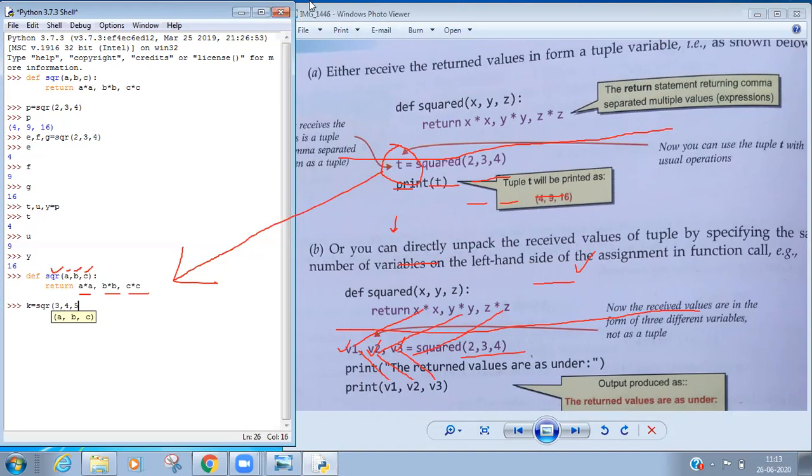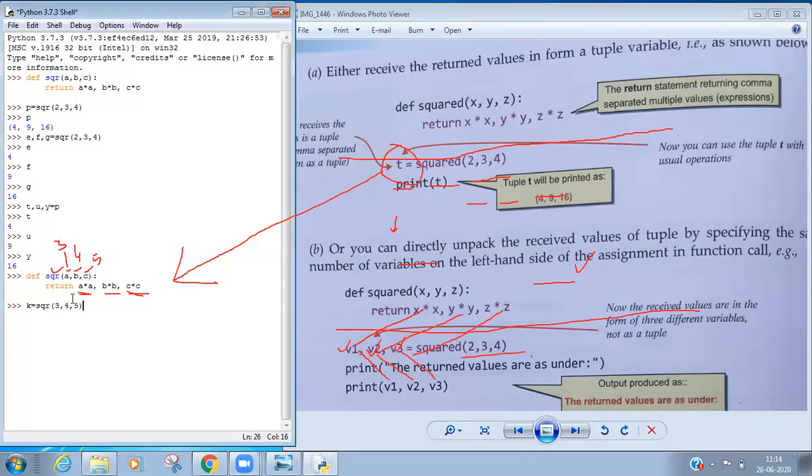When we execute this function, a will receive 3, so it will return 3 into 3, so 9 will be stored. Then b will receive 4, so it will return 16, 4 into 4, and c will receive 5, so it will return 5 into 5, 25. So these three values will be stored into the tuple k.